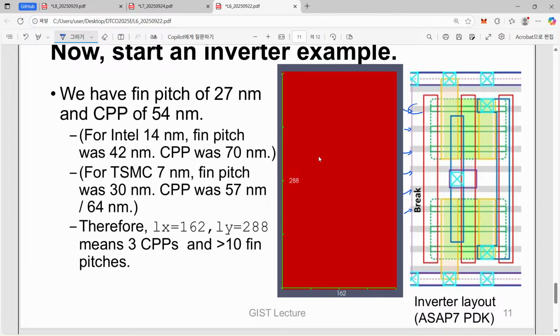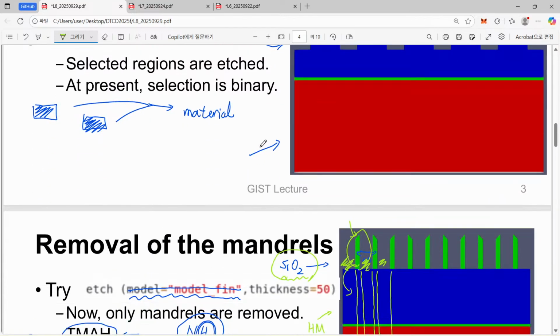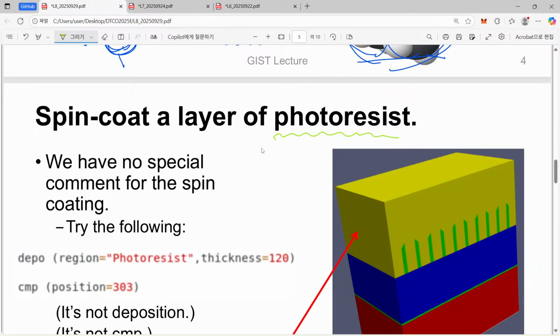But you can find that even for this fin structure we have two different colorings. One is the gray one, and another one is this green empty box, and once again this gray one. So simply speaking, we don't want to have these fins in this part, so we wanted to eliminate these fins. So that's the reason why we have to do this patterning once again. So let me just stop here.